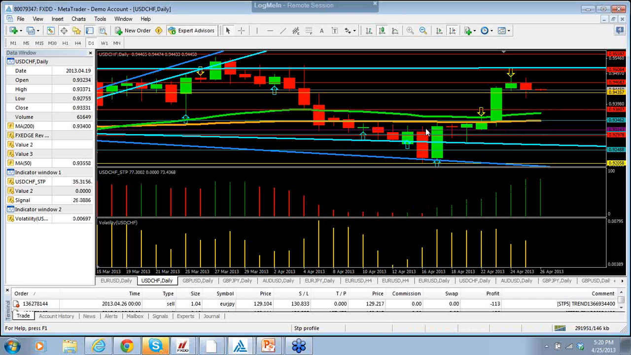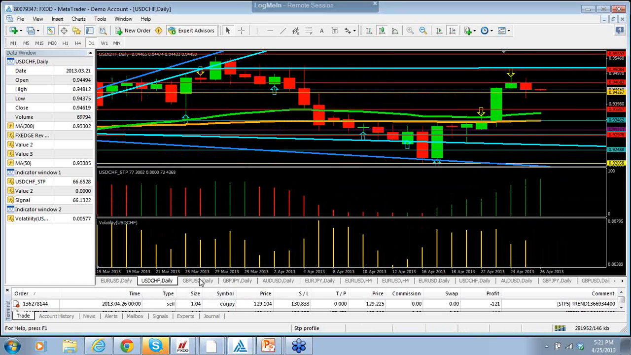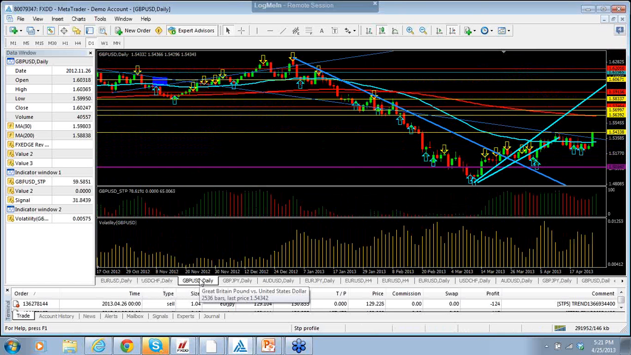Right now, we're flat in the market on both of those trades. We're flat in the market on the euro dollar for the time being, and we're flat in the market on the dollar Swiss. The pound dollar is actually giving us a buy trade, believe it or not. So here we're looking for a sell on the euro dollar, but we're getting a buy trade on the dollar Swiss. Now this is interesting on the pound dollar, because